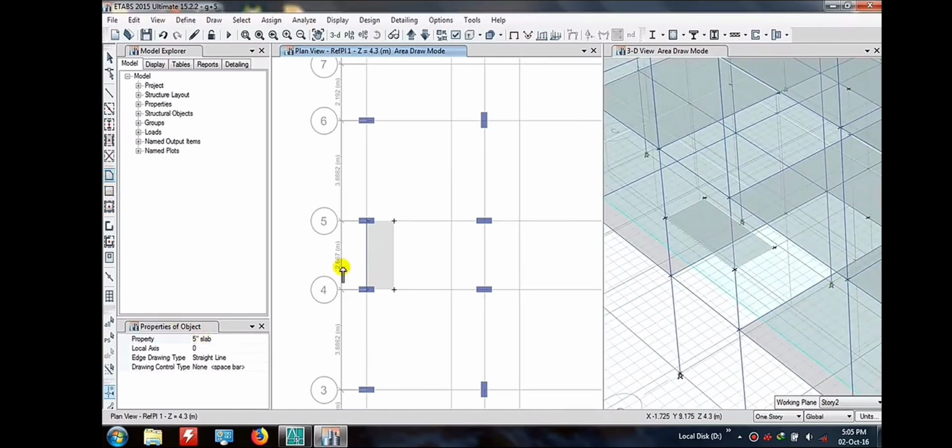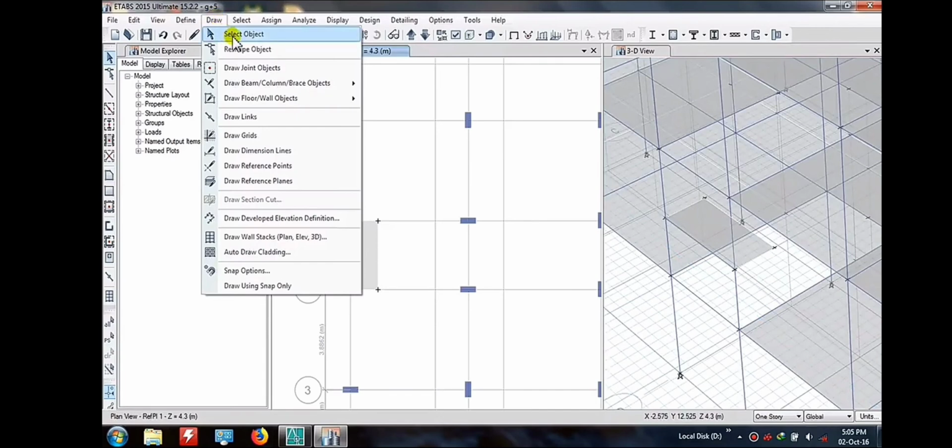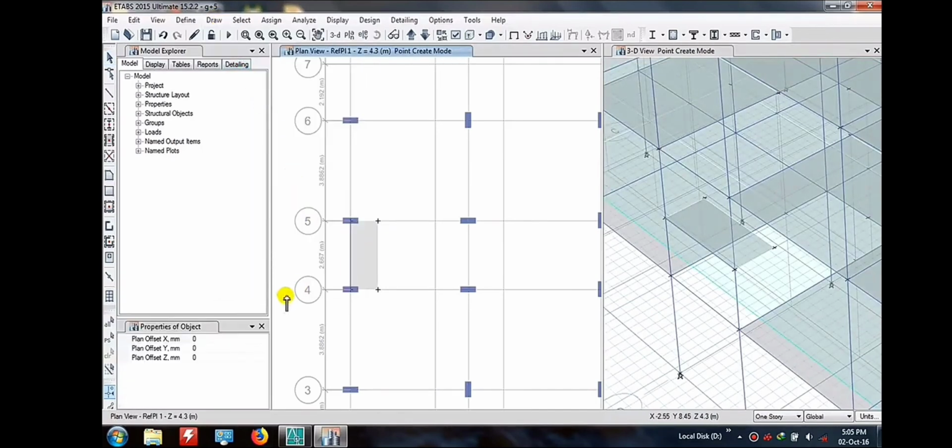Now next we are going to make a slab, a ramp walk, for my staircase. So for that, here I have to assign the y-axis value also. So here I am defining my y-axis value as 1067, and I am going to define one more point here, and also one more point from here. Now we are going to construct the slab. And how can we draw the ramp walk?